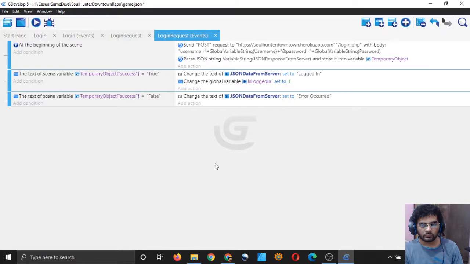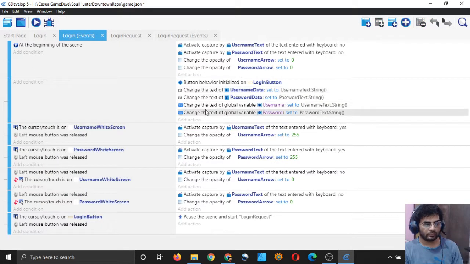And whatever is stored in the username and password, where the user has typed the credentials in that scene, we have stored the user's credentials in our global variables username and password. So we will keep it stored if we have successfully logged in, because then we know that the username and password which the user entered was correct.